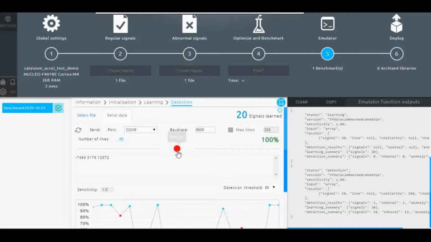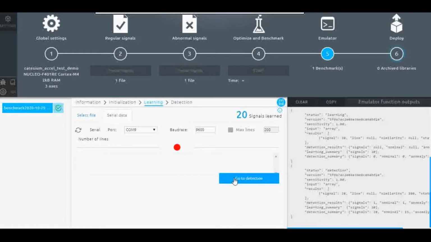Once again I will stop it, and in learning I will put it up and down, and I will check in detection whether it is able to detect whether this up and down is similar or different.